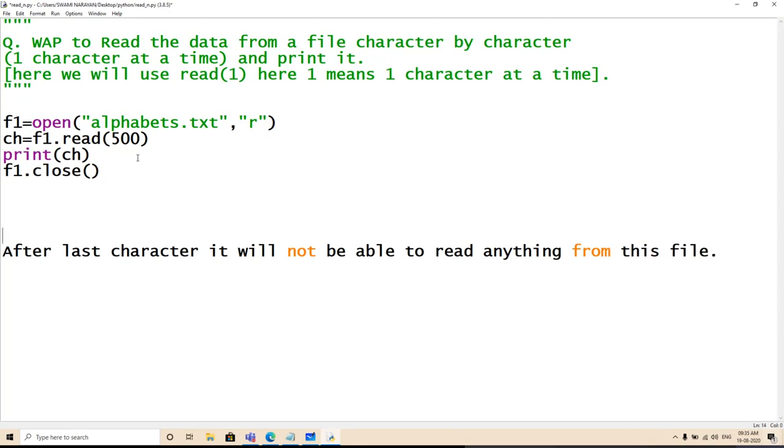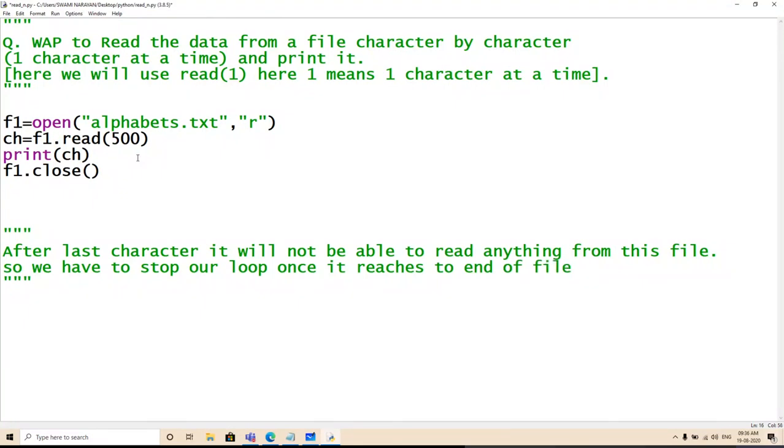So we have to stop our loop once it reaches the end of file. So how can we do it? Let us experiment a little bit so that you will also understand.